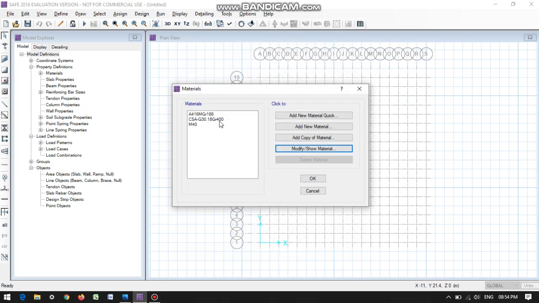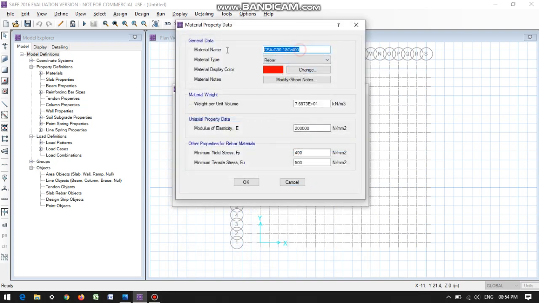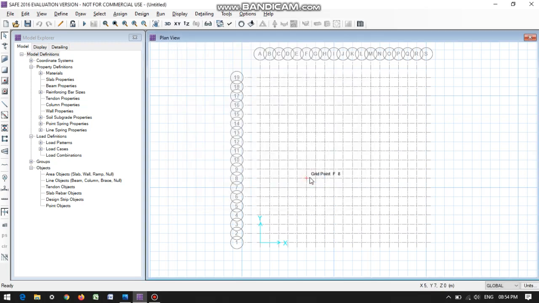Okay, and this is the steel rebar. We are going to use HYSD 500. Let's enter the default values. For HYSD 500, the yield stress is 500 and tensile stress is 545. Okay, now we have defined the materials.